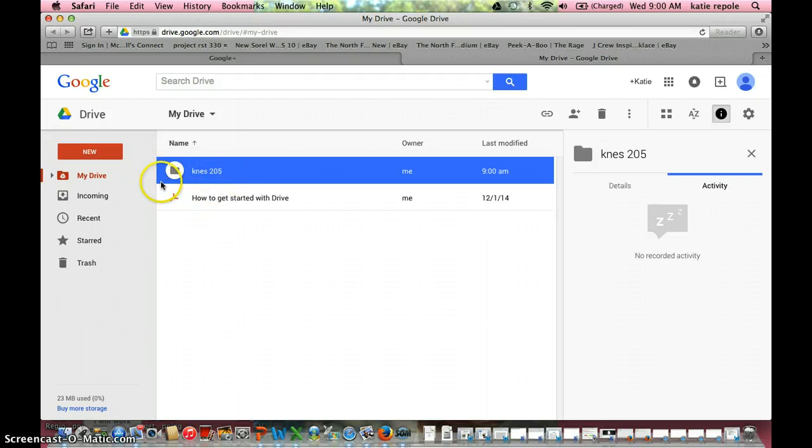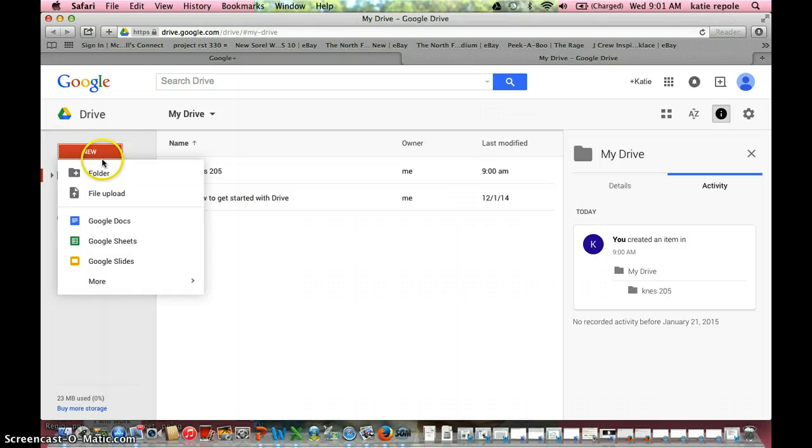So now that I have a folder, and you see how to do that, it's really easy. I'm going to show you how to make a document. I'm going to go New again, scroll down to Google Docs. Google Docs is like the equivalent to Microsoft Word. Google Sheets is the equivalent to Excel, and Google Slides is like the equivalent to PowerPoint. But for this tutorial, I'm going to do just a plain old Google document. So I'm going to click Google Docs,